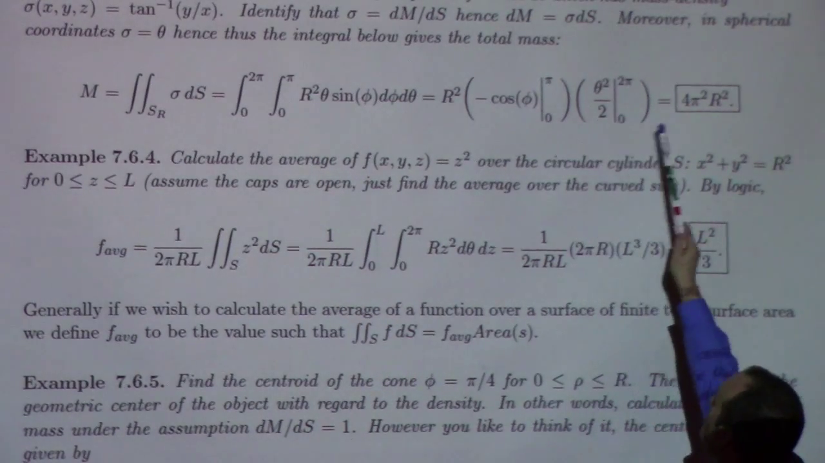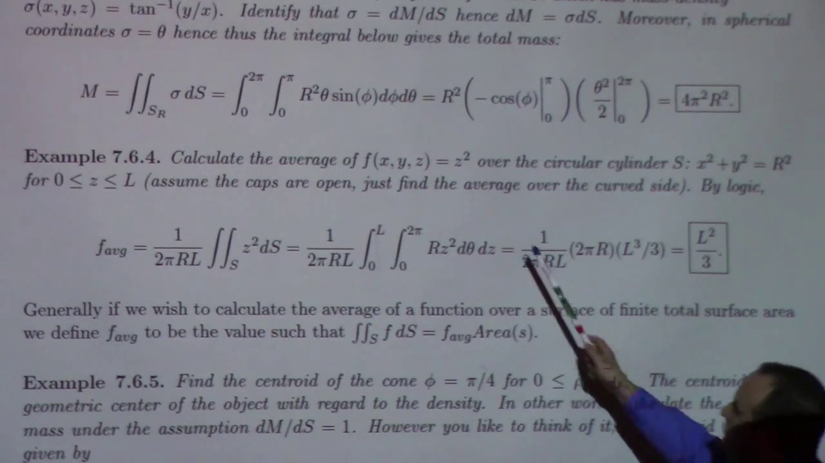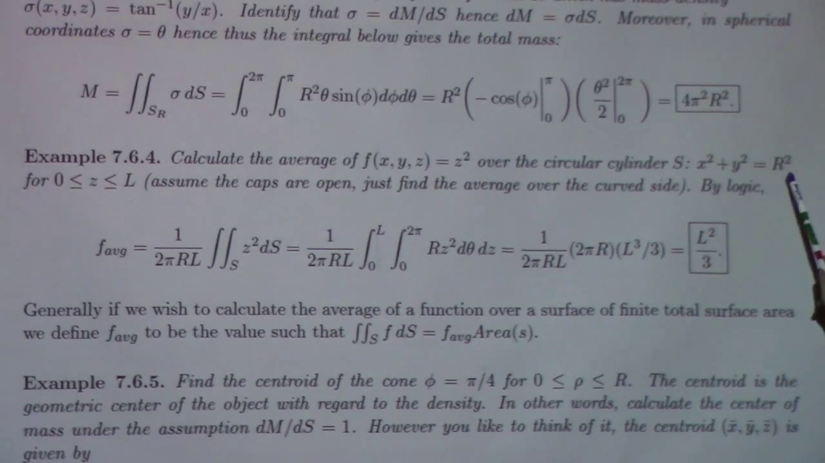So 4 pi squared r squared. All right, there's an example. Calculate the average of z squared over the circular cylinder x squared plus y squared equals r squared. Okay, so how do you calculate average over a surface? What should you do? You integrate the thing over the surface, right, and divide by the surface area to be